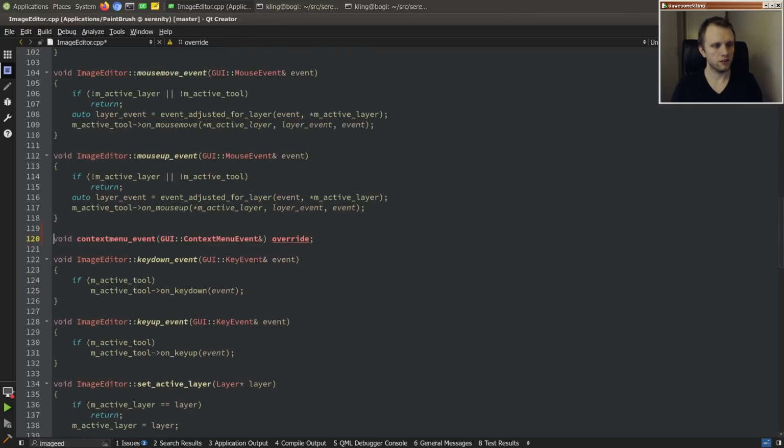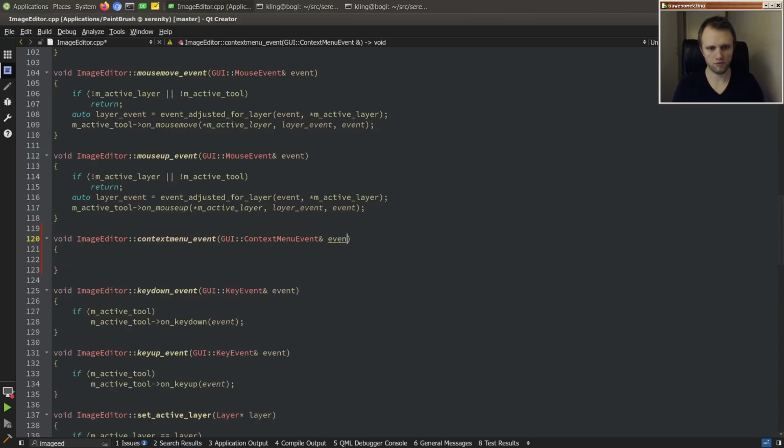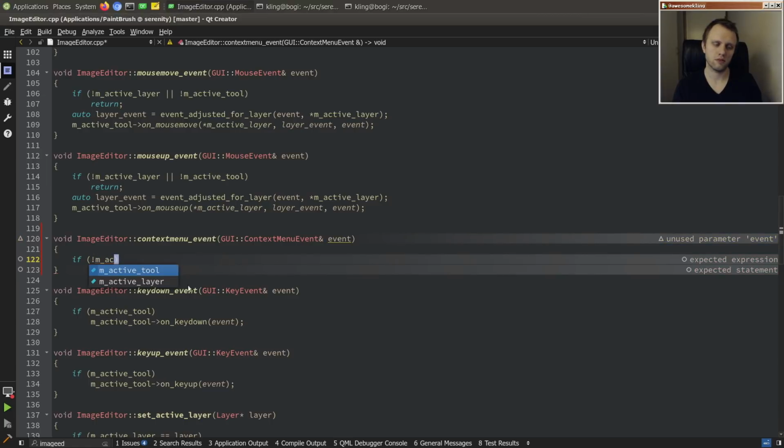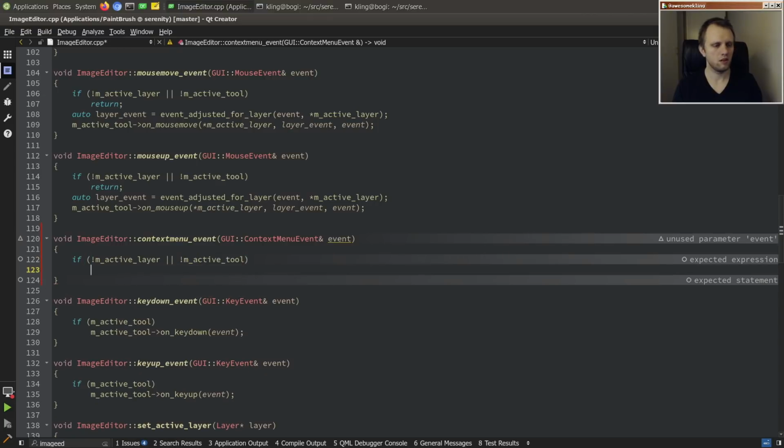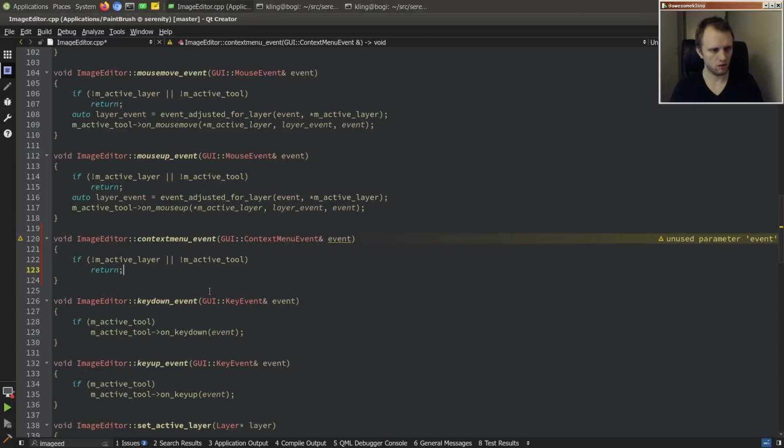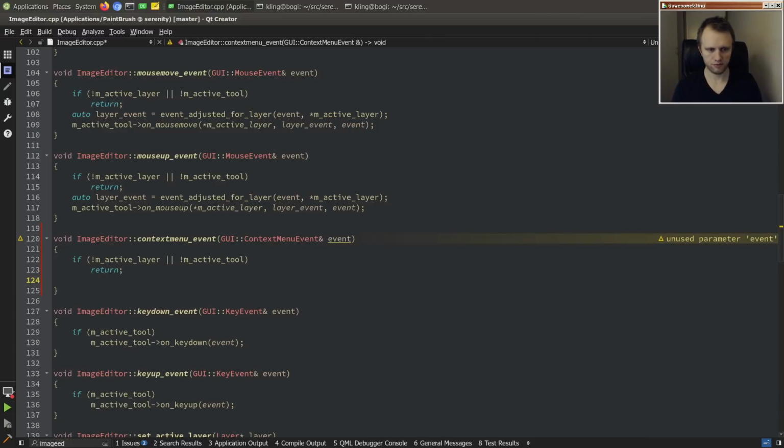Put you right here. Okay, so if there's no active layer or there's no active tool, then I am sorry, but we cannot help you. But if we have a tool,